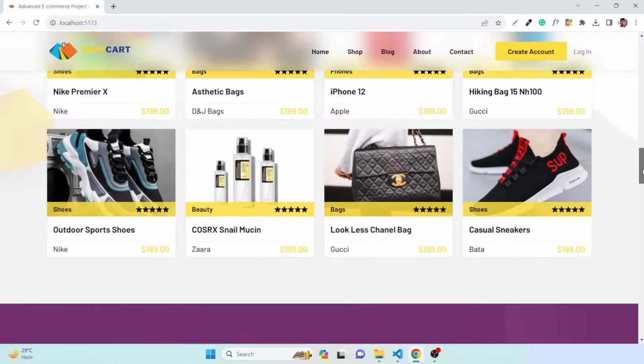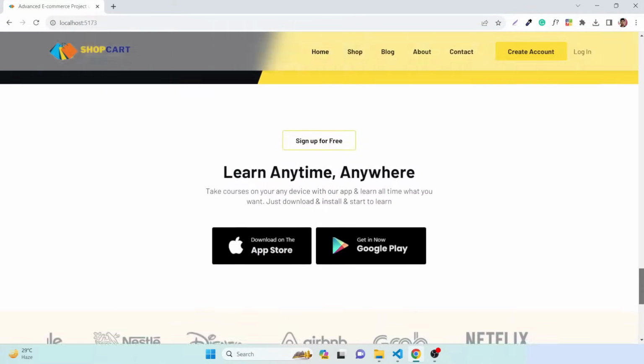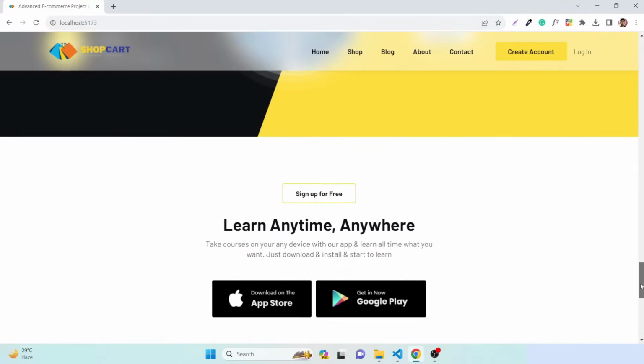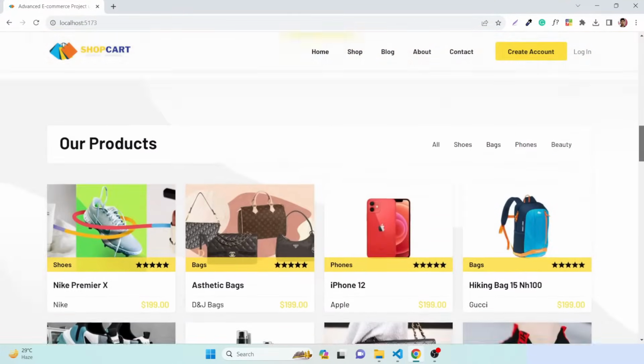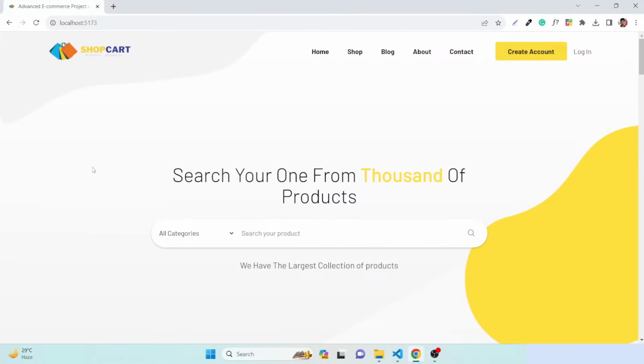So if you are a front-end developer, you don't need to know backend or any backends. We will just do front-end development and build a complete e-commerce website. So you can see this awesome website, and our design is elegant, and most importantly, all our functionality is